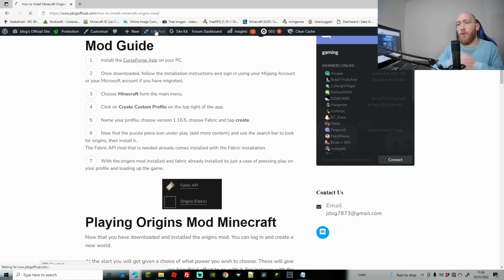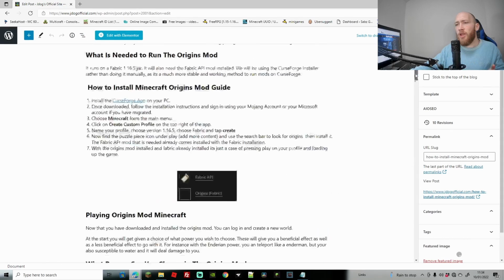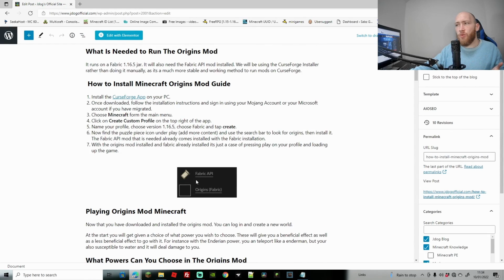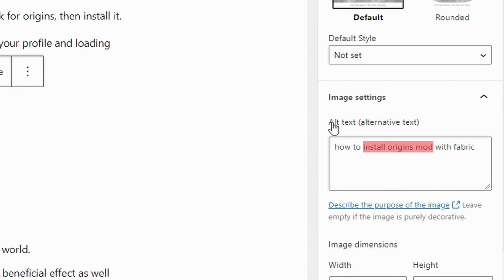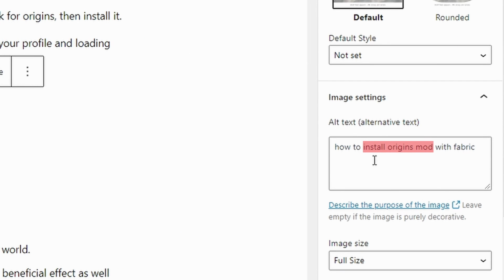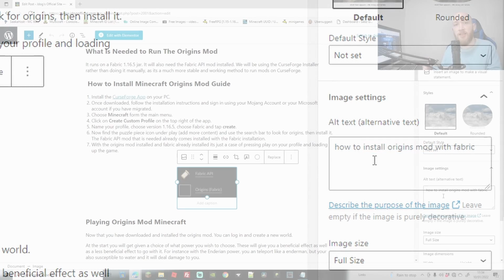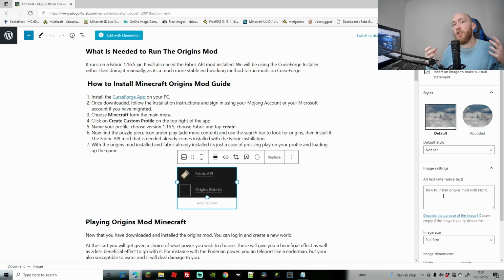If I go to edit the post here, let's go to the back end and see the actual picture itself and see what we've added to it. So from the back end where you edit, let's just go down to a picture, or any picture really. As you can see, I'm going to click on it, and right here on the alternate text you're going to see that I also have my keywords running through there. So these are words that I want to rank for. These are words that anybody, when they search on Google or other search engines, I want them to be finding